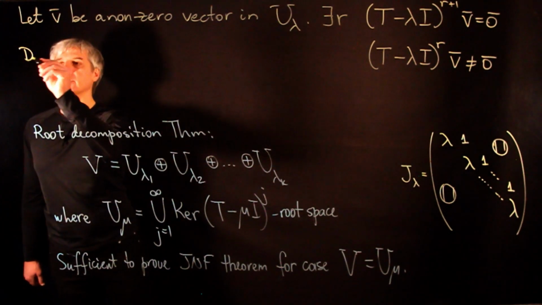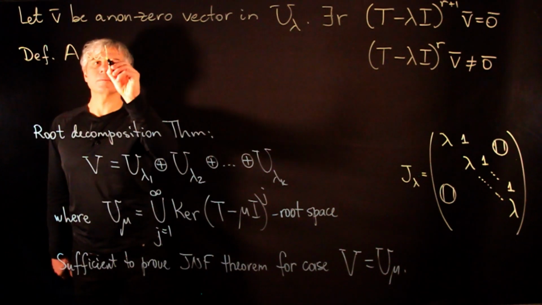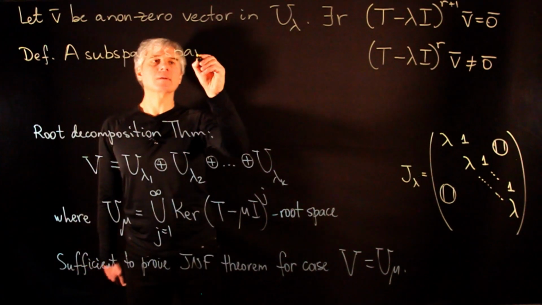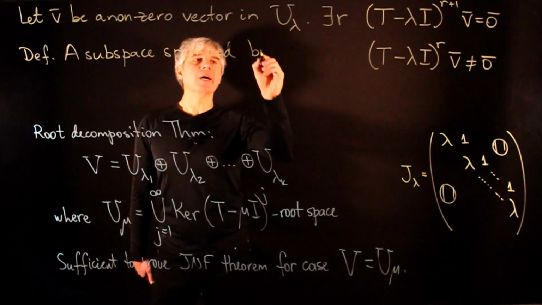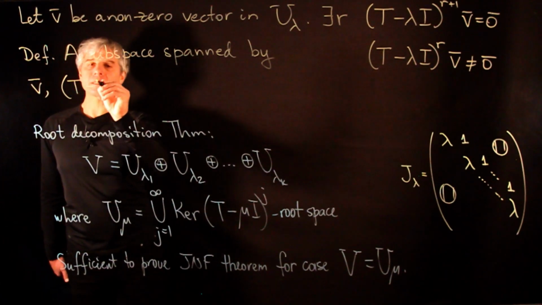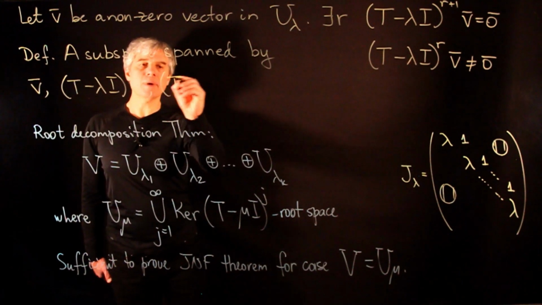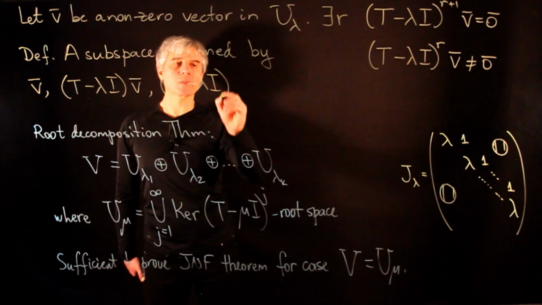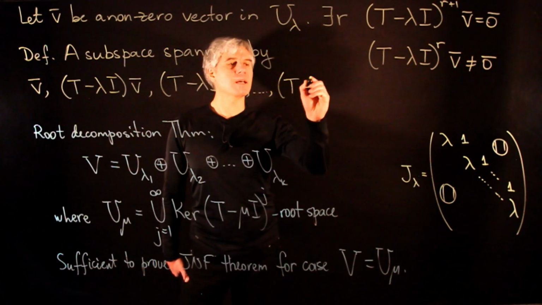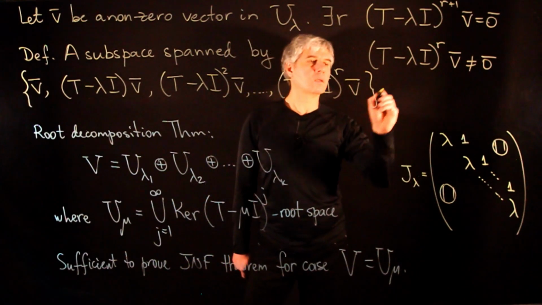We give the following definition. A subspace spanned by vectors v, (T minus lambda I) v, (T minus lambda I) squared v, and up to (T minus lambda I) to the power r v